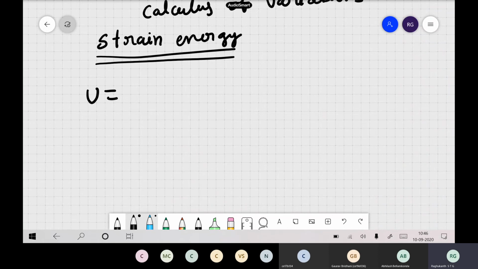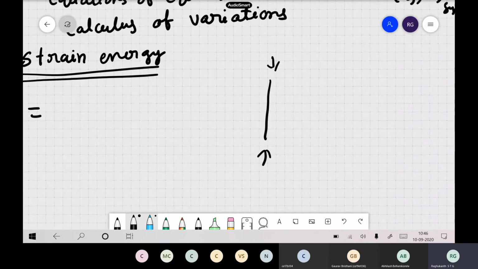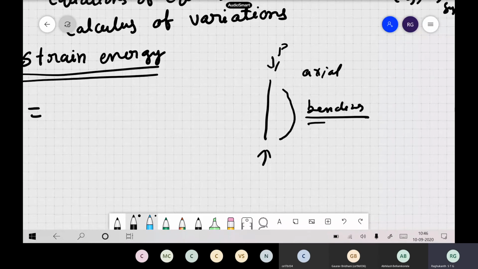It is something like, you remember, for a column, how did we write the energy? How did we calculate the strain energy in a column? Generally, when the load is very, very small, the strain energy in the column is only due to axial compression. But when P is equal to P critical, suddenly your column is going to buckle like this. So we wrote the strain energy for bending only. You remember, so only this we considered to write our strain energy. So this we neglected.